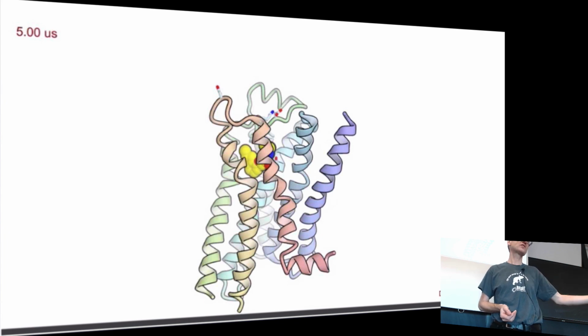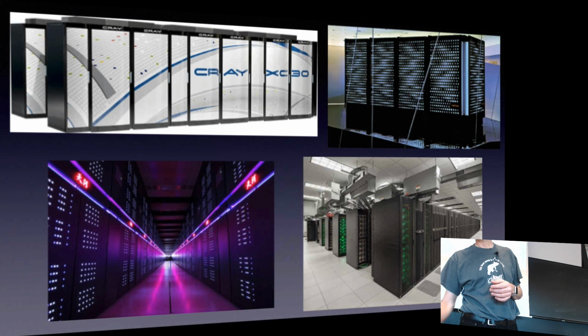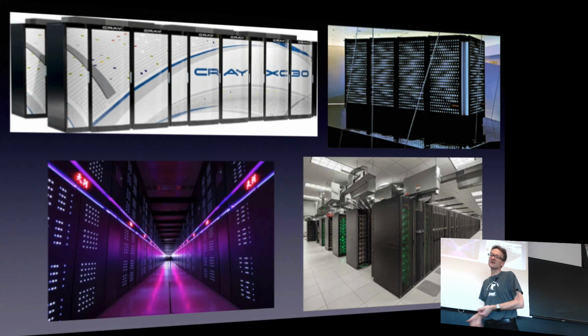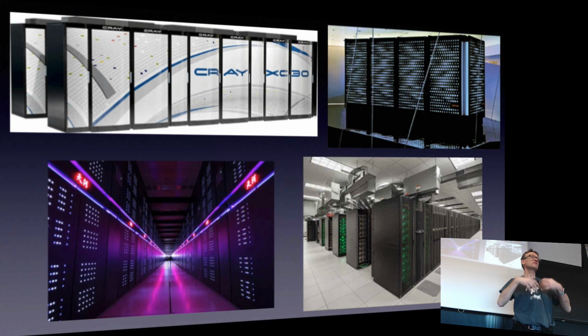We use both experimental observation, we're collecting tons of data, and then we're using computers to make sense of it. So what I showed you here was run on a very large supercomputer called Anton in New York. It's the one on the top right there. But there are a bunch of these machines. All of these machines have at one point in time been the largest in the world. This is the new Chinese machine. They're basically, people are investing billions of dollars to build larger and larger machines to use essentially as computational microscopes, because we can use computers to study things on scales and with detail that is completely impossible in the lab.